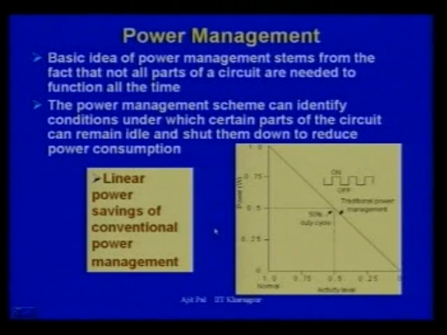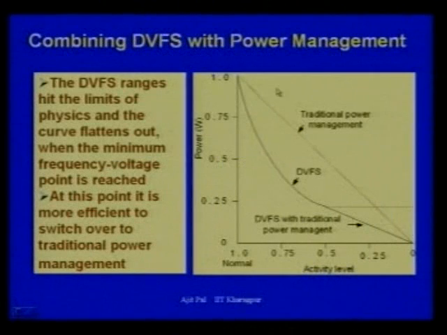Now, this power management approach can be combined with dynamic voltage and frequency scaling to have still lower power. For example, this line corresponds to traditional power management, linear. However, by using dynamic voltage and frequency scaling, you get quadratic reduction in power dissipation, you can see,